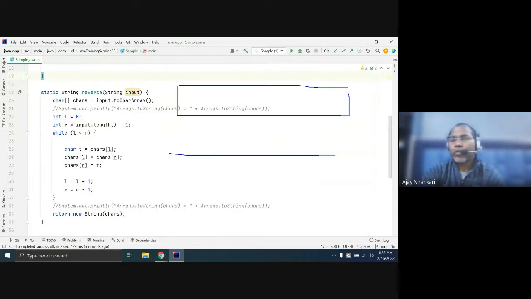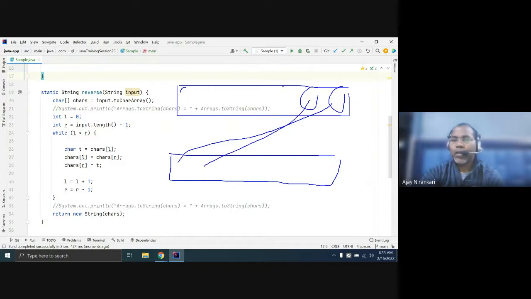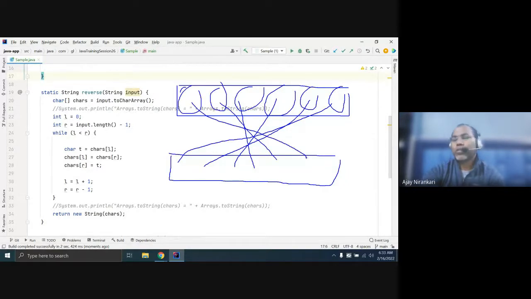There are two options to reverse. One option is to start a loop from the last and copy each element one by one, running the loop over the whole input length.